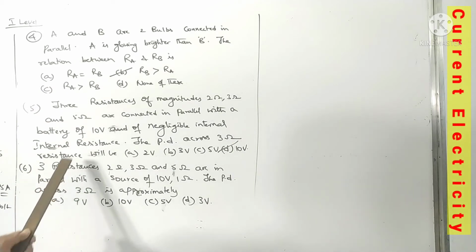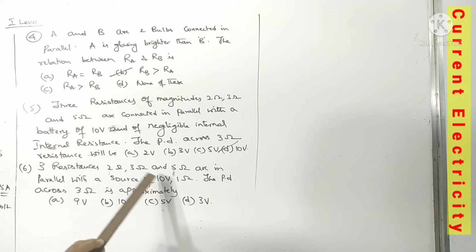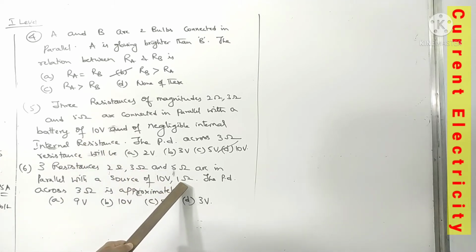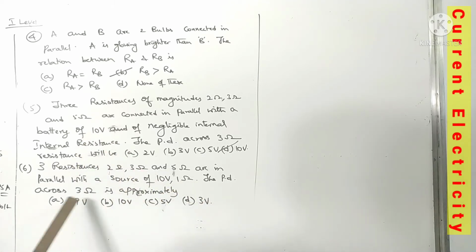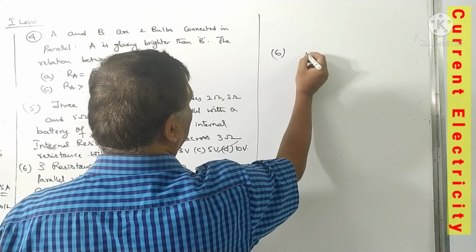And the next problem, similar to this, but extra is here the source has got 1 ohm internal resistance. You find out what is the potential difference across the 3 ohm resistance. Now this we have to solve. So in the sixth one, find what is the effective